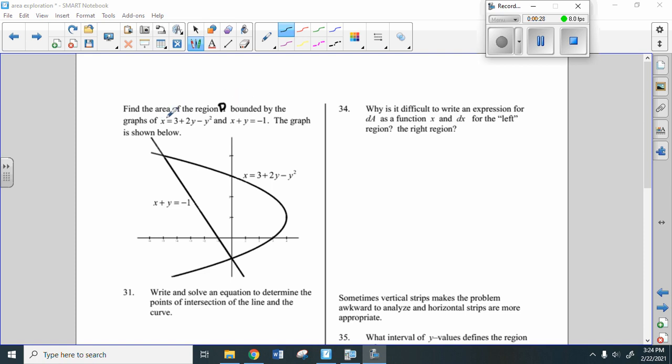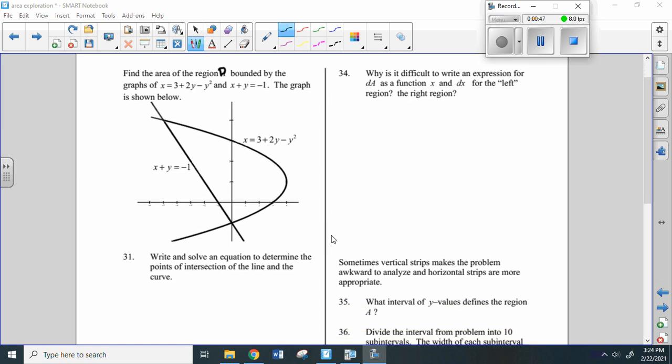the graphs x equals 3 plus 2y minus y squared, and x plus y equals -1, and the graph is shown below. So they've graphed it. We have a line. We have basically a sideways parabola. And we're going to work through how to find the area of this particular region by going through the steps here. So it says write and solve an equation to determine the points of intersection of the line and the